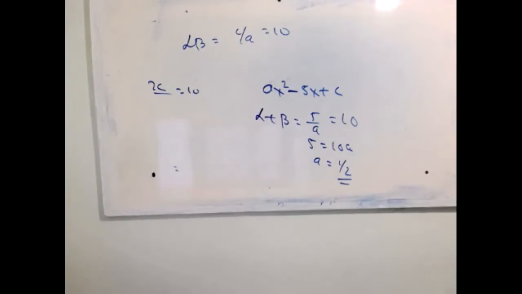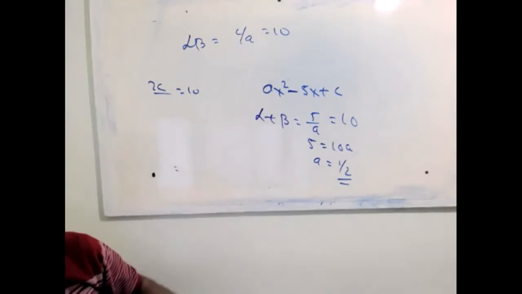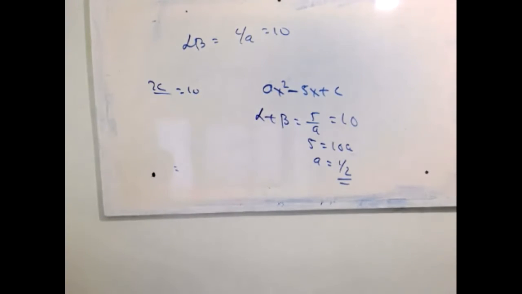Are the rest of the guys able to get it or not? The question is saying alpha plus beta and alpha beta are the same. Any quadratic polynomial, first you write what is alpha plus beta, what is alpha beta. Alpha plus beta is 5 by a, alpha beta is c by a. Then substitute. Okay. Kasinath, did you understand or not? Okay, then write.